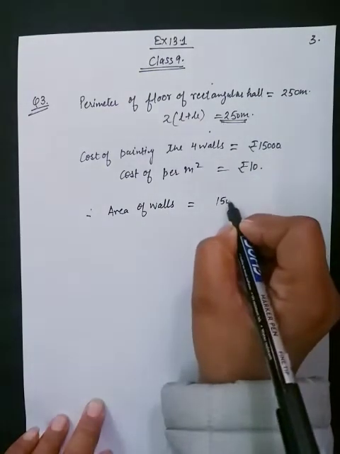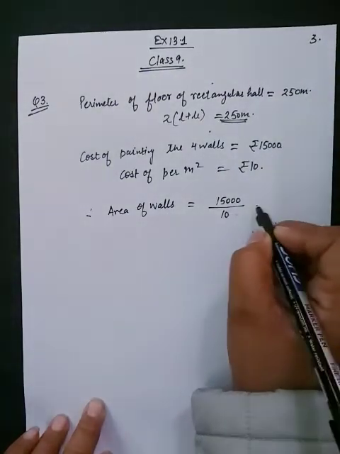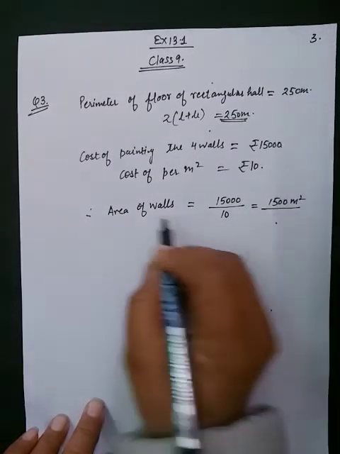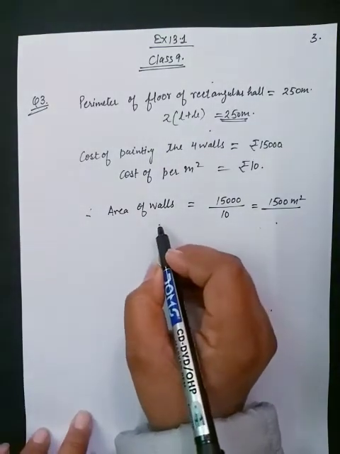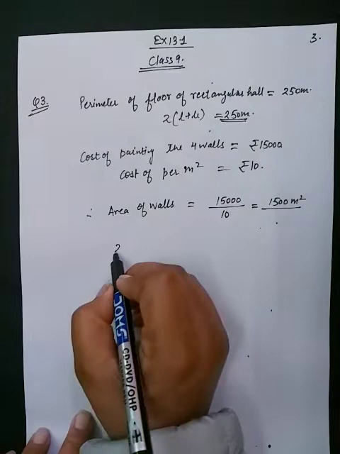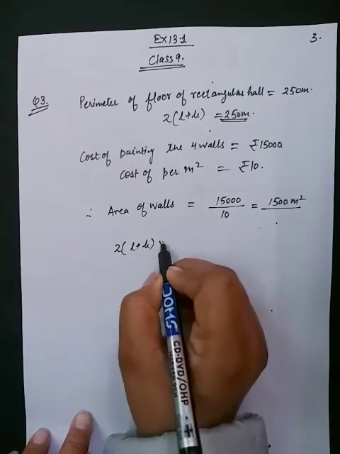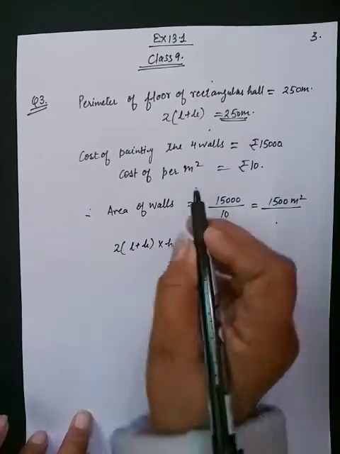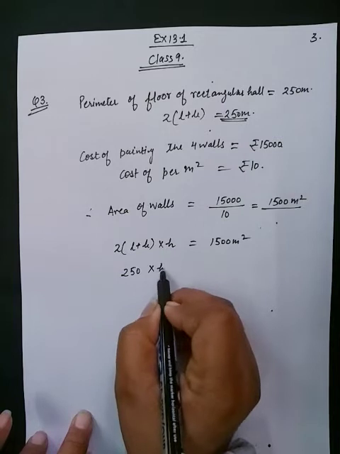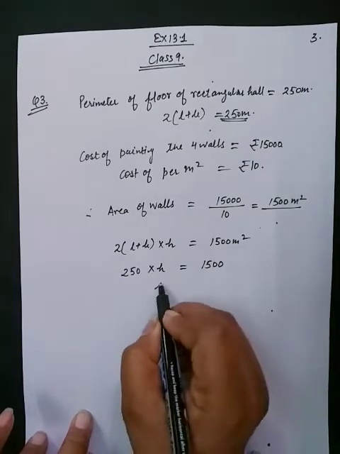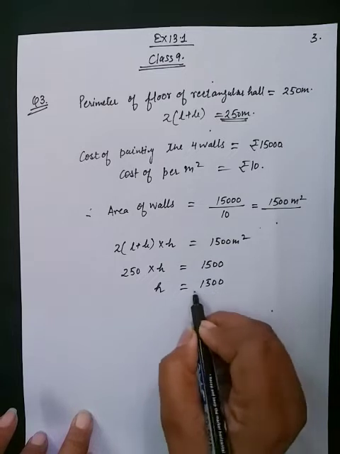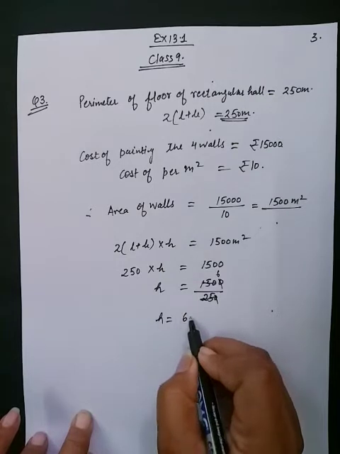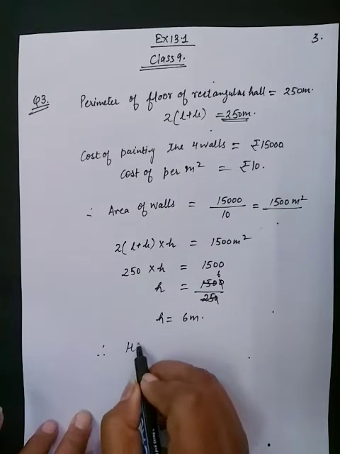is equal to total cost divided by cost per meter square, and we will get 1500 meter square. So this is the area of 4 walls, and area of 4 walls means 2 into (L plus B) multiplied by H is 1500 meter square, and 2 into (L plus B) is given to us, that is 250. So let us solve it for H, and H will be 6 meter. So therefore height of hall